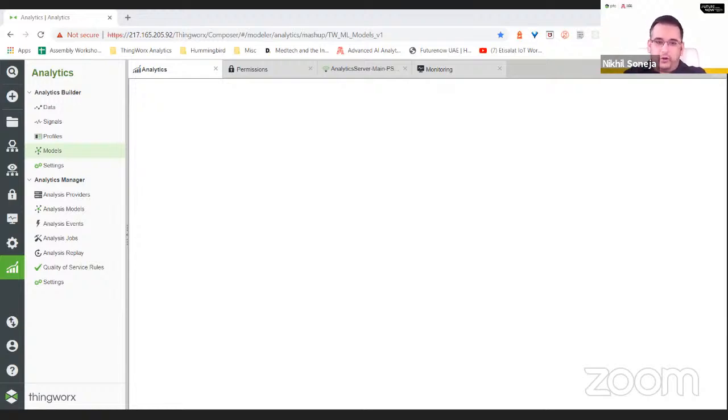The other thing is all your data is going to be preserved here after this session, but at some point I will reset it. So if you want to take a backup, you can always persist data by exporting. You have export permissions here. If you want, you can export the data and import it into the ThingWorx trial server that it allows you to use online. So you can definitely use that if you're not able to access here. You can save the data, you can import it back in. You will have access to this server also afterwards. Okay, so that's just a little bit about the online cloud.